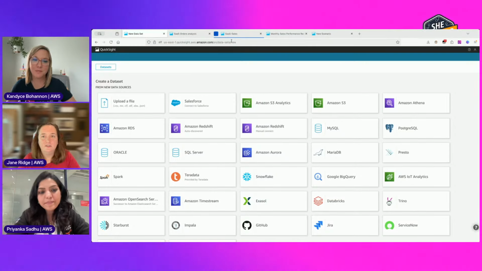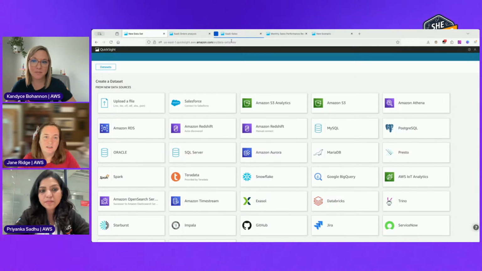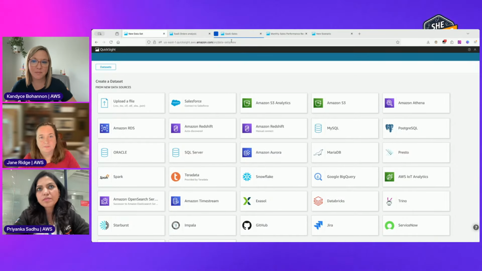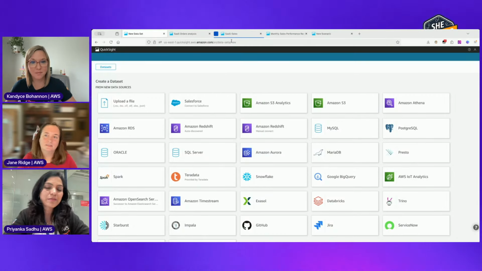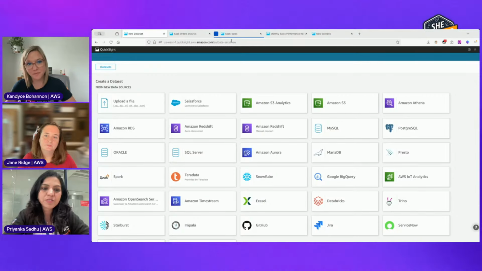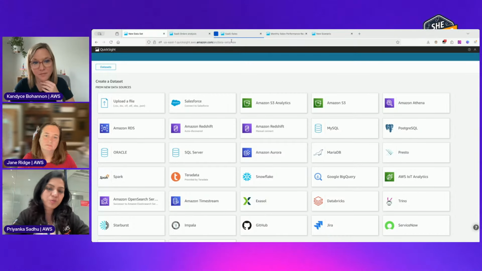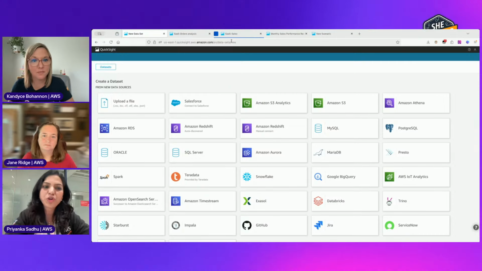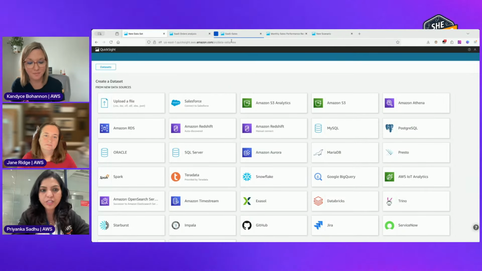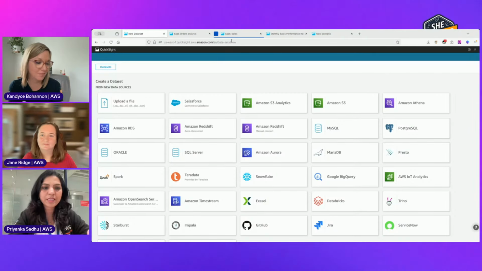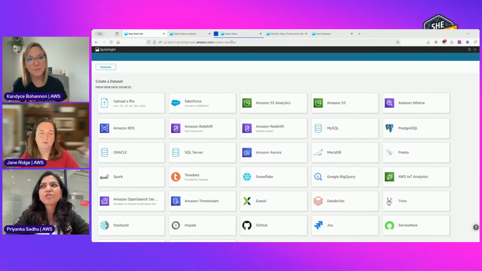And Priyanka, do you see generally customers who are bringing in data from multiple data sources? What does that look like within QuickSight? So usually, customers try to upload a lot of backend Excel files, CSV files, say if they have some finance things going on within the company, which is probably not in their database because, of course, it's not that huge. These are small and medium businesses. But still, they want to analyze the data, make it much more automated and faster and cleaner. So they import their files here, right? And say, I do have my database data. I want to club all of this together, make it one data set. You can do that as well. So there are different ways you can do it.